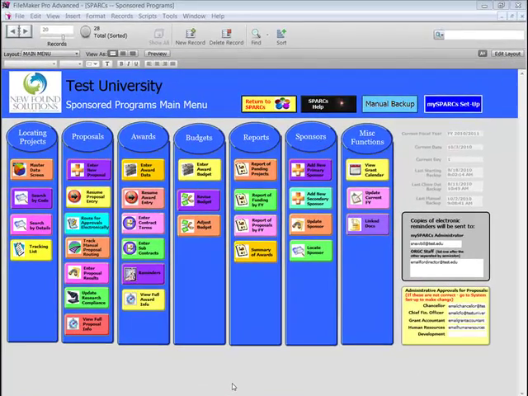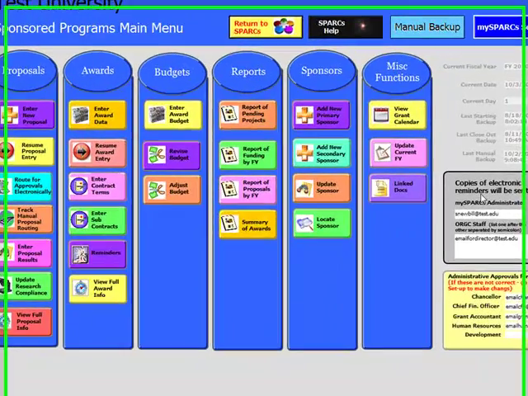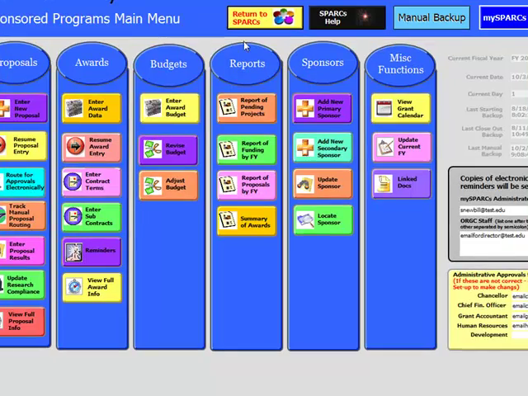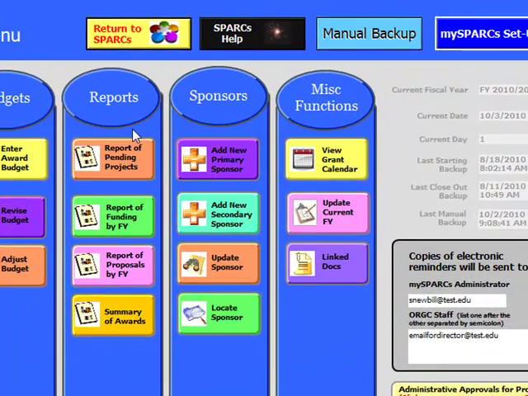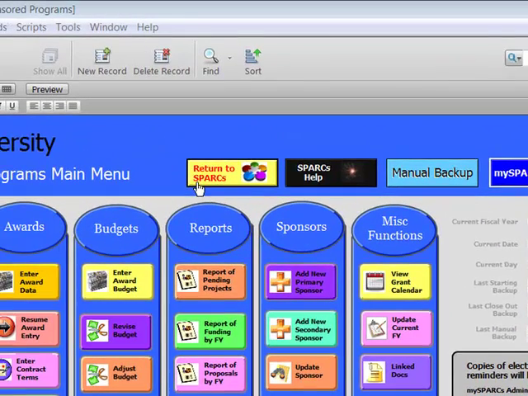The Sponsor Program module is the most extensive of all of the modules in the MySpark system. You'll notice at the main menu of the Sponsor Programs that the system setup information has been populated from the Sparks Hub, which includes the name of the university, as well as the logo, and contact information for the people receiving email copies. Along the top of the screen you'll see navigational buttons which are consistent through all of the